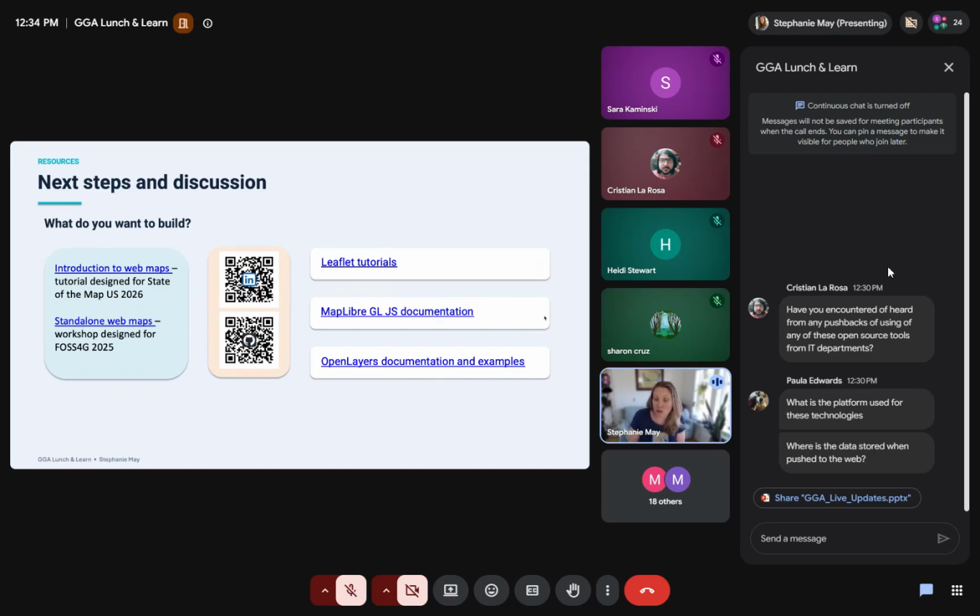The web versions are all JavaScript libraries, so you're just using JavaScript and working through the components of that. In the case of MapLibre, where there's also a library for mobile apps, then you're also dealing with Android and iOS and those languages. But there's no inherent platform.